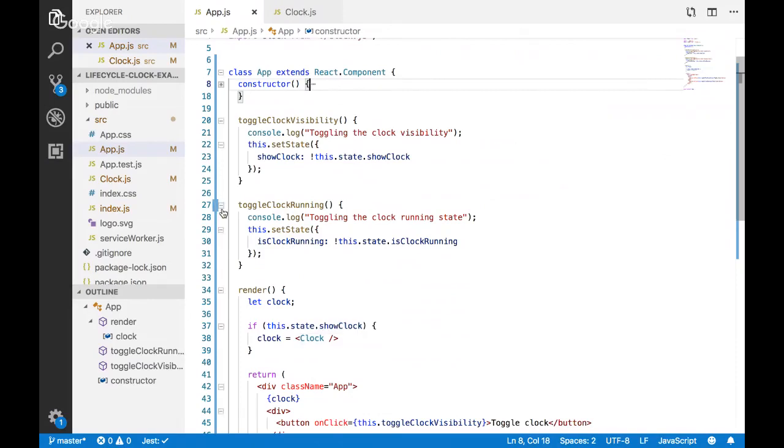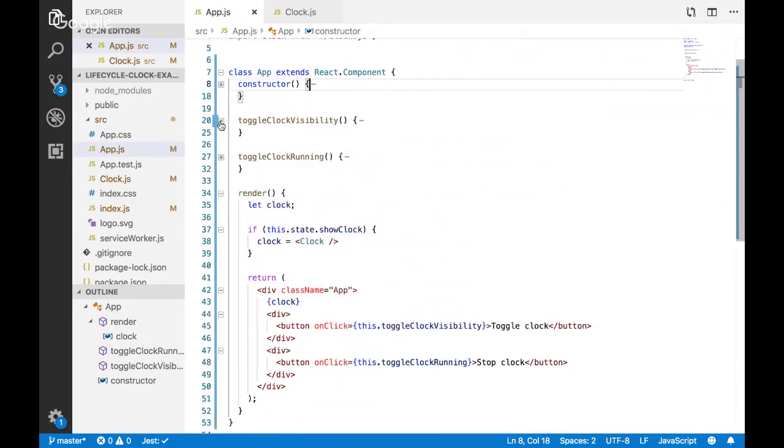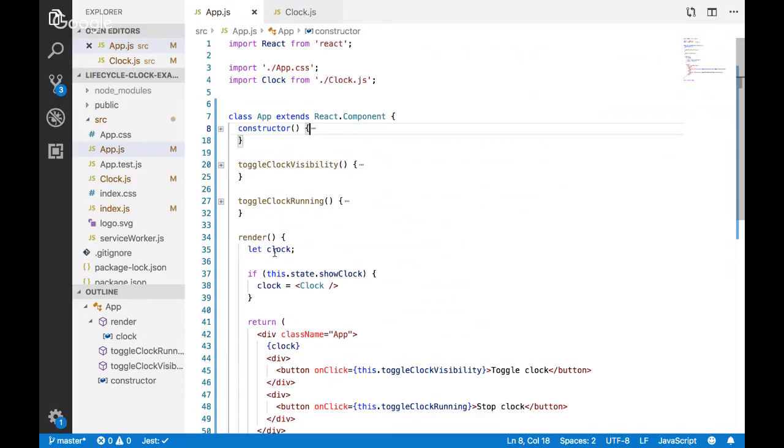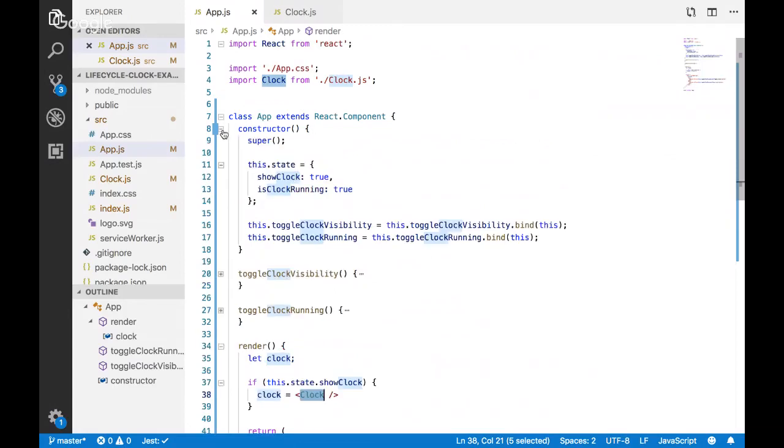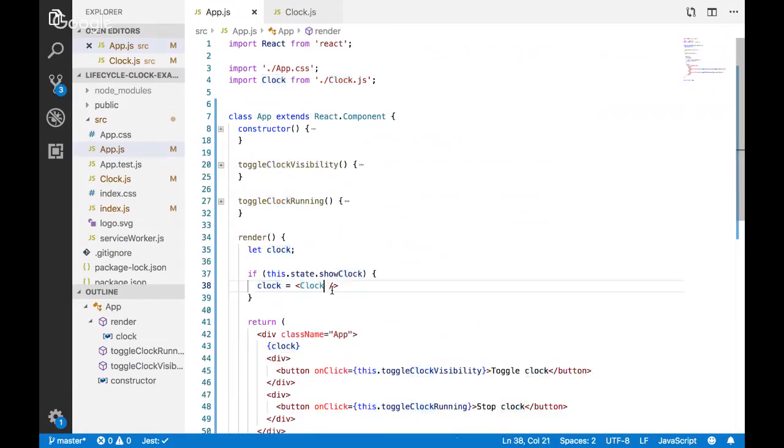So what I need to do in order to make that work is pass that state into my clock. I'm going to take this value that's part of the state on my app and pass it in as a property on my clock, which I'll just call isRunning, because the clock doesn't need to say isClockRunning.